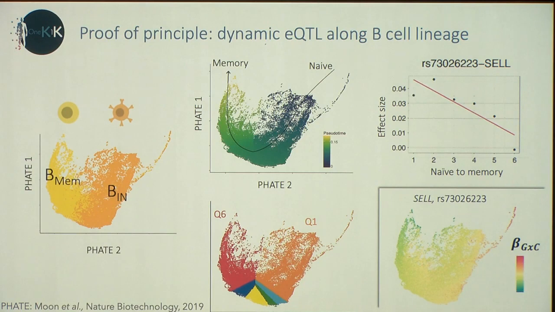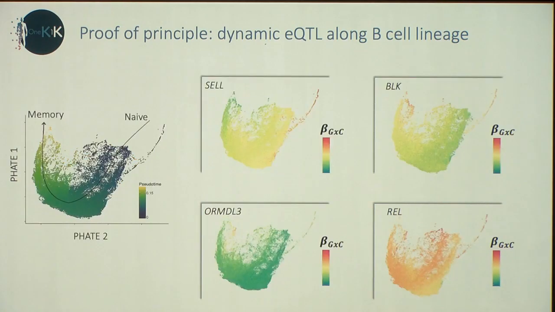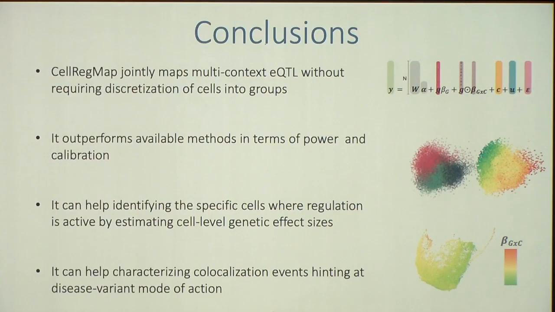And obviously this didn't require any pseudotime inference, didn't require any discretization, and could really be run directly from the single cell data. And this is not an isolated case, but we actually recapitulate every single one of the dynamic eQTLs that were present in the paper, and we actually find a few more. And I'm only showing 4 examples here that are known, genes that are known to be involved in B cell activity. And so to conclude, I introduced CellReg Map,